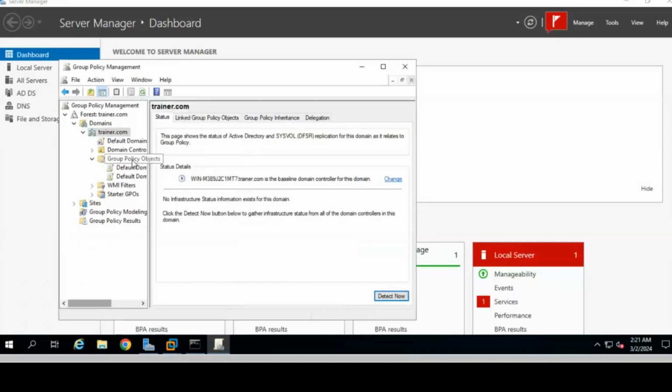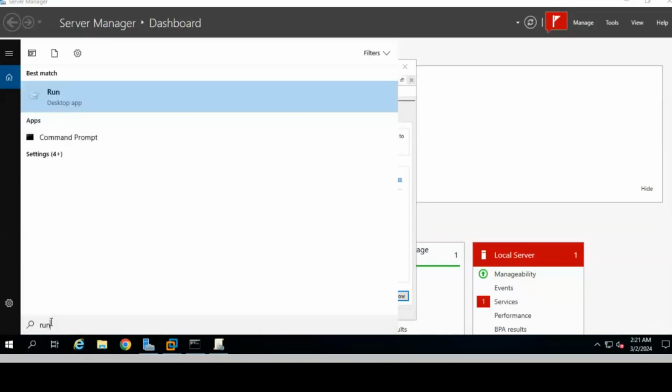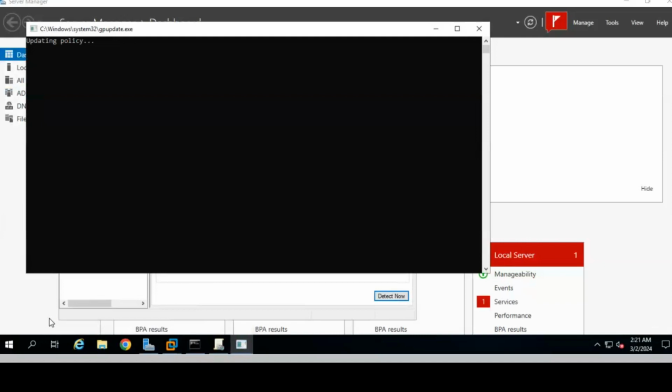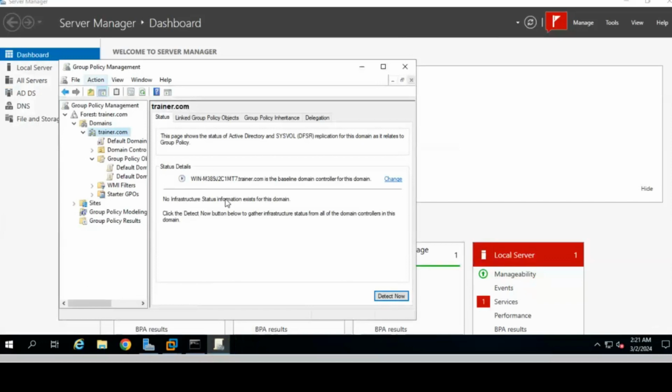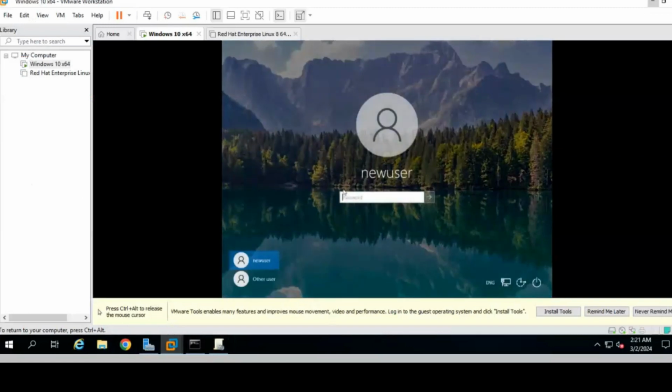Right. So now it's deleted. Then run GP update, so that it will be removed from the client. Completed successfully. Now go to your machine also.